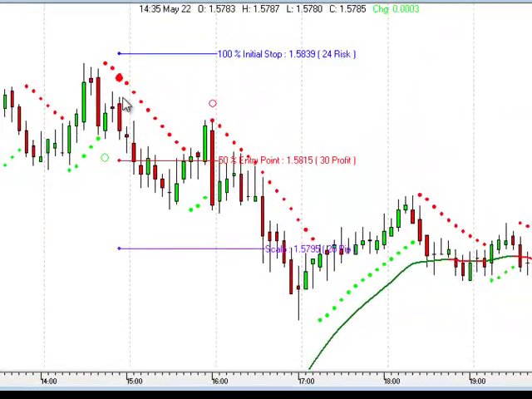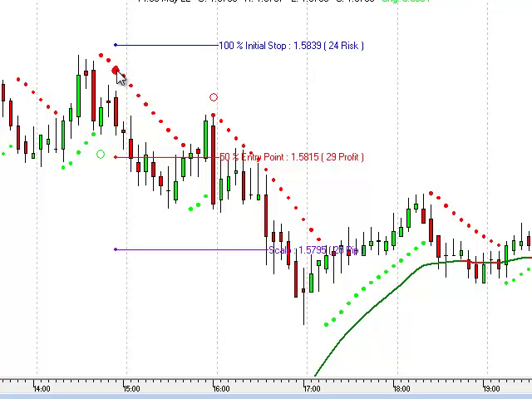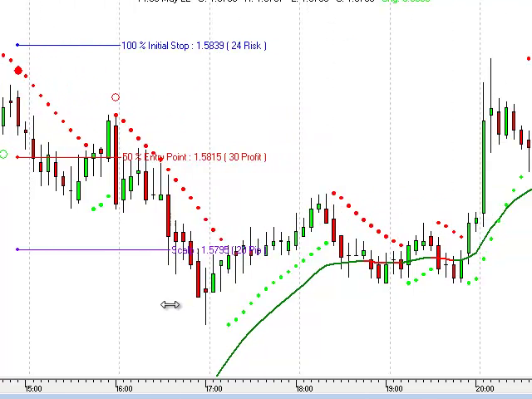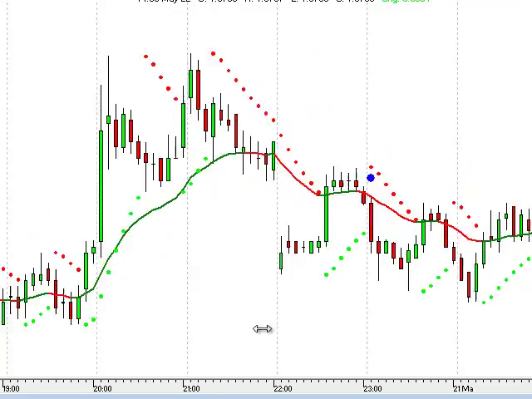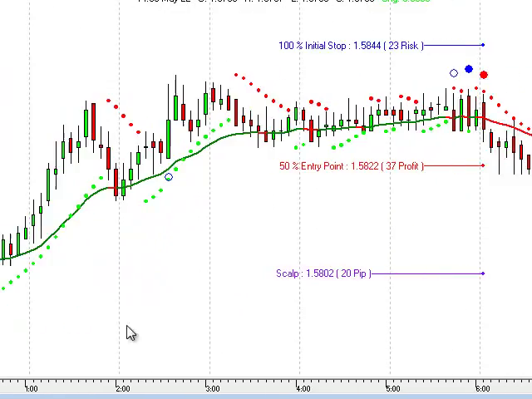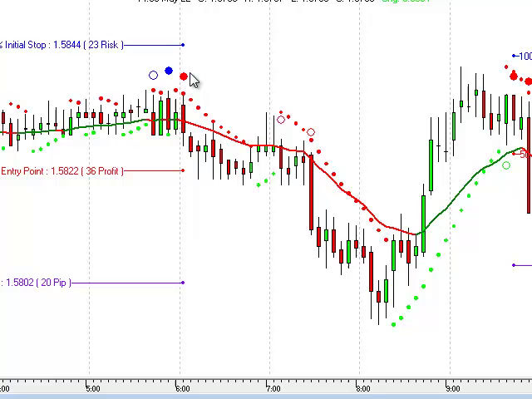So the first trade that we've actually got that could have been taken was just after 3 o'clock on Friday, and as you can see, it was a quick 20-point scalper. So applying my logic of risking no more than 2% per trade, that would have been 20 points and a £80 profit bagged. And then moving on to our next trade, we've got a signal here, which is at